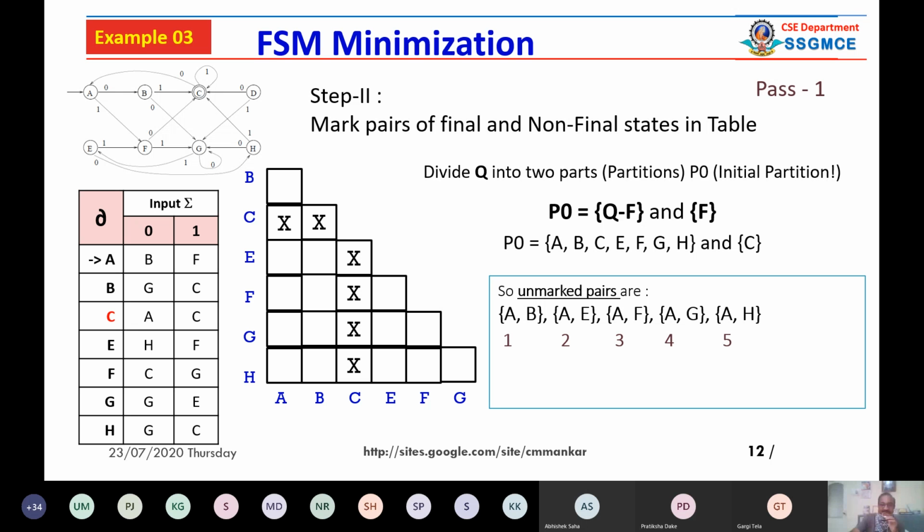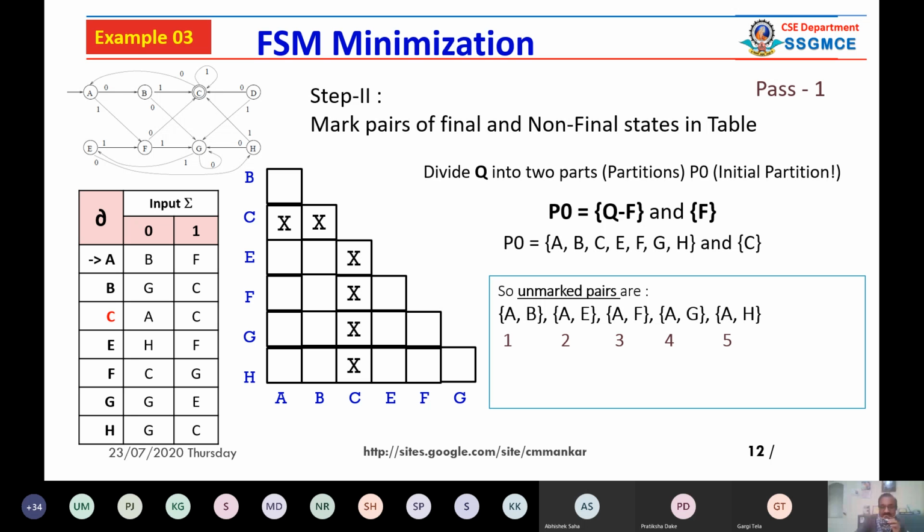And from this, we can have blank squares. Now we can map all the blank squares. So here, what is a blank square? A to B is there, A to E is there. पहला वाला पेयर, दूसरा वाला पेयर, चौथा वाला पेयर कौन सा है? A to G, A to H. मतलब what I am doing? I am writing in a blue box all the blank pairs. जो क्रॉस है उसको हमने छोड़ दिया. We have left the cross.